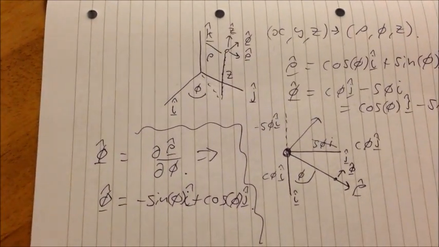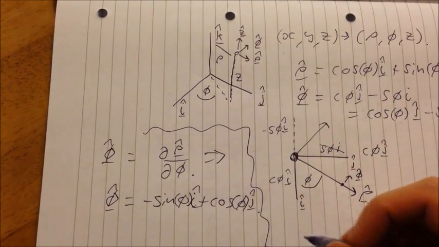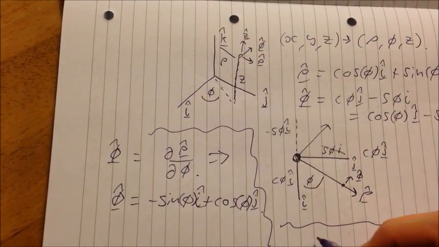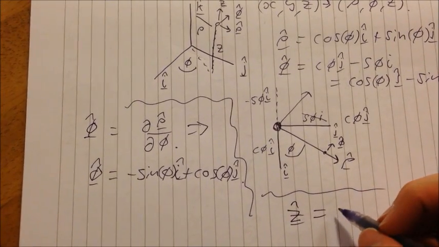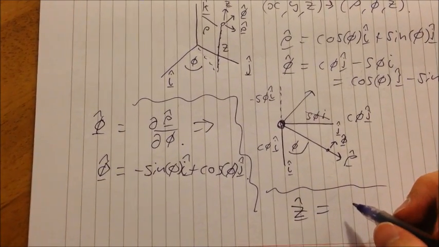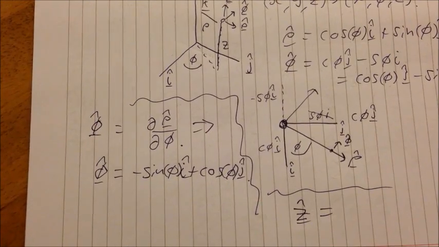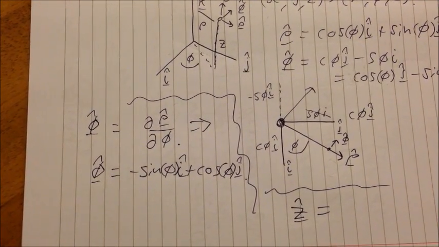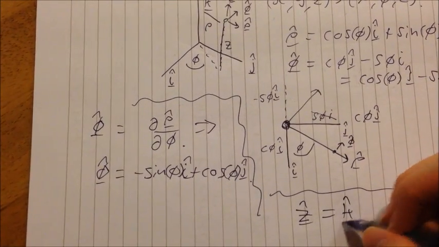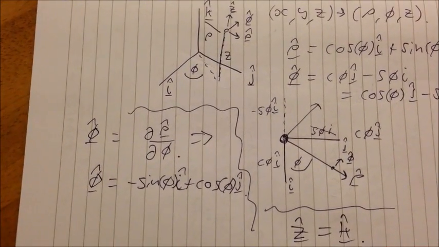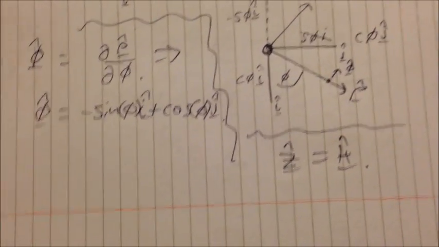Okay, one more unit vector remaining, and again the easiest, z hat is equal to k. I was going to say z, but I think it's k. Okay,